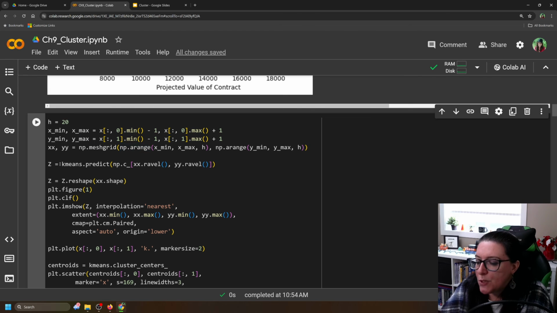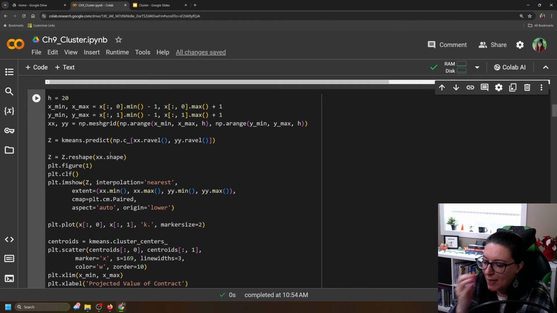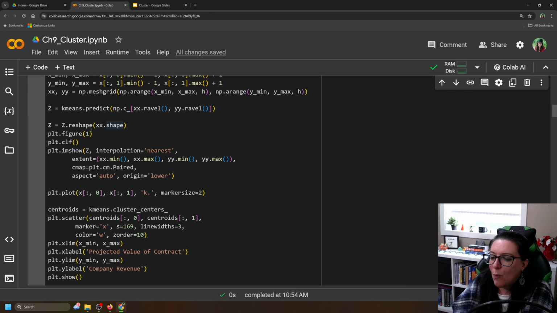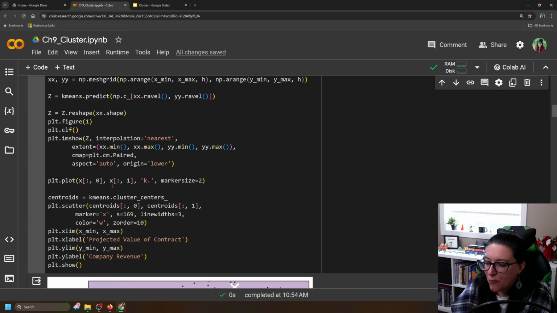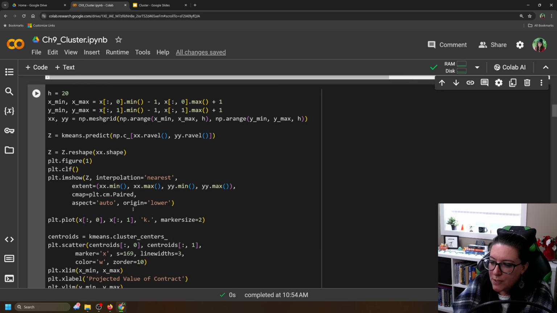And then it's going to do our K-means predict. And again, we're just reformatting, reshaping the information. We are plotting it. Okay. This imshow we're going to use as we graph our linear programming information as well. But this is really all just formatting to get you to this image here, which means you don't have to change any of this